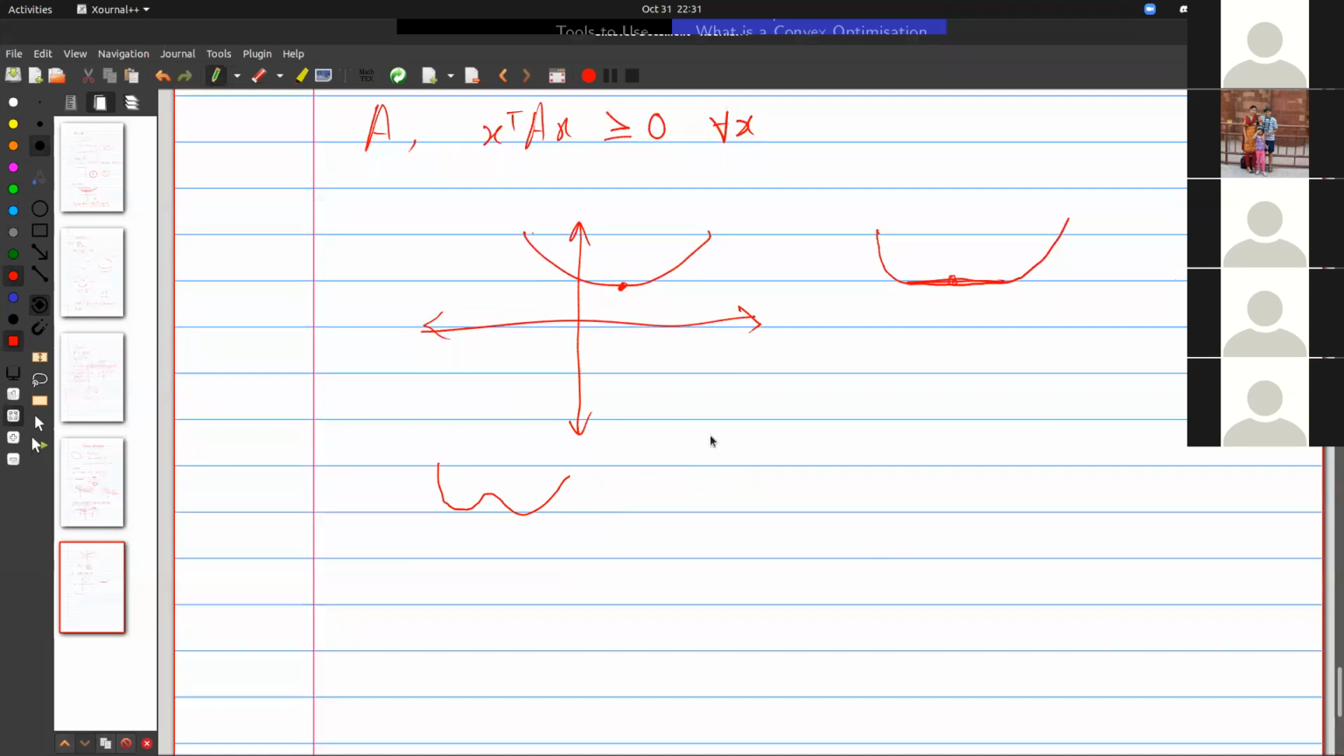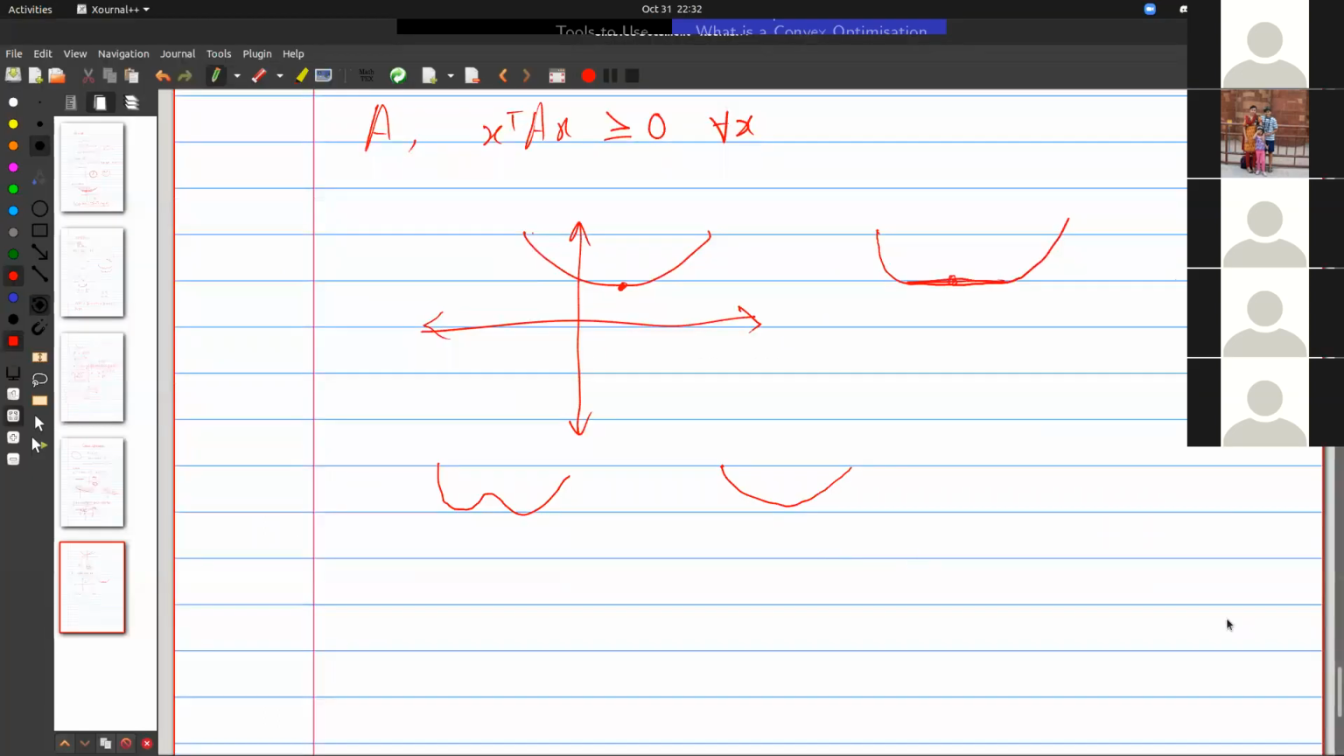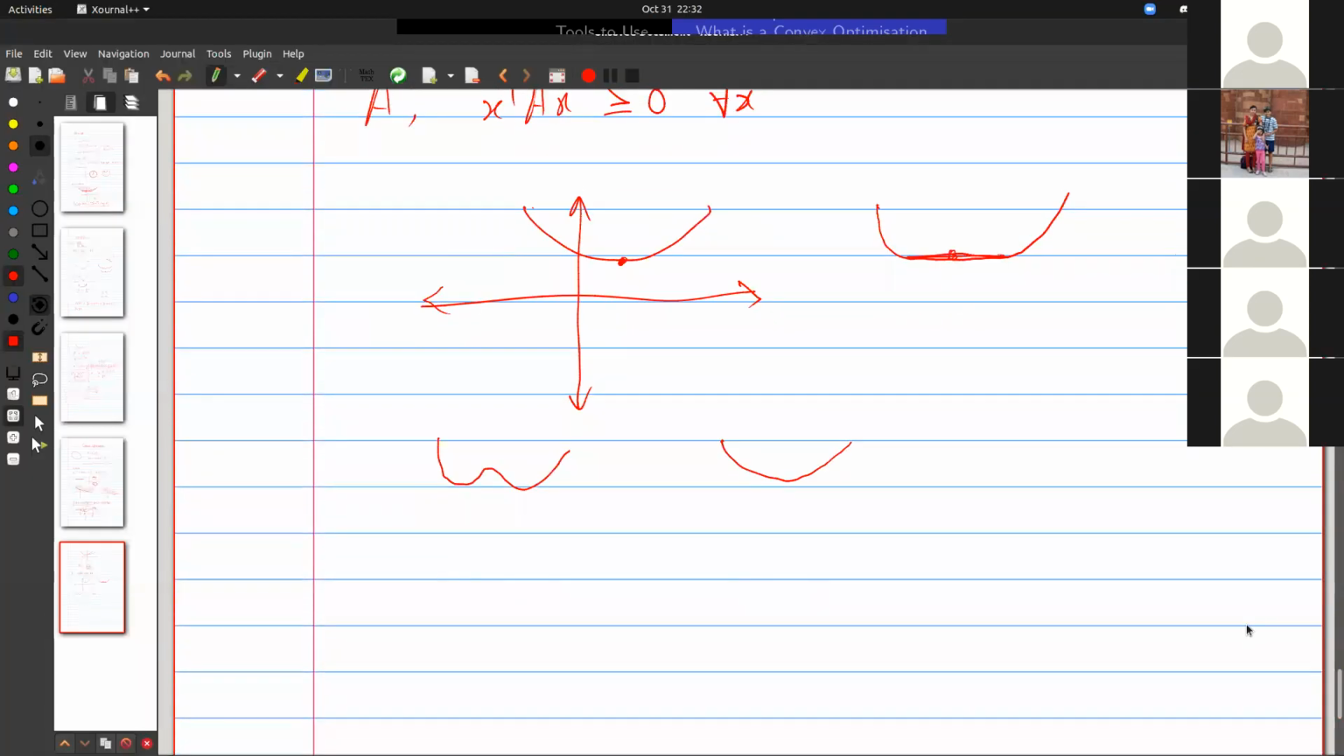In our course we haven't got to convexification yet, so I can't explain it in too much detail. However, it is possible to convexify and get solutions for non-convex functions. And the second thing is that many non-convex functions can be estimated by convex functions. The solutions for many non-convex functions can be estimated by convex functions, and some bounds can be found on the